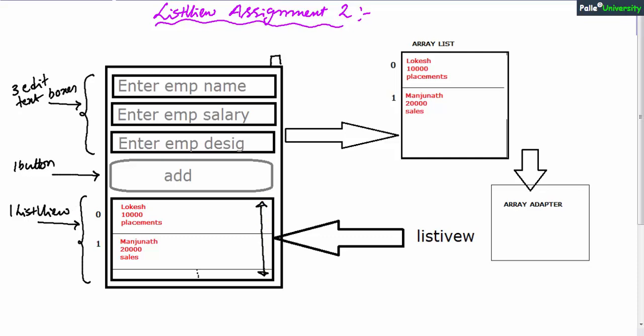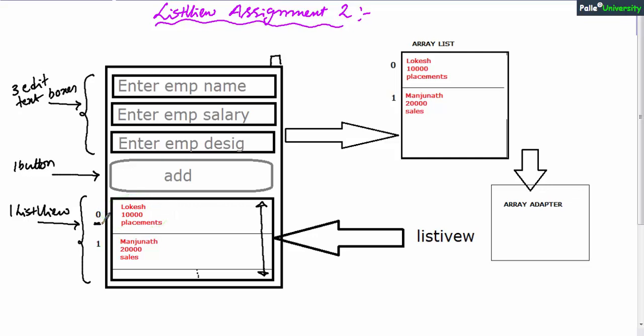For example, if I have entered employee name as Lokesh, employee salary as 10,000 INR and employee designation as placements, and when I click add button, that first employee details should be added to 0th position.